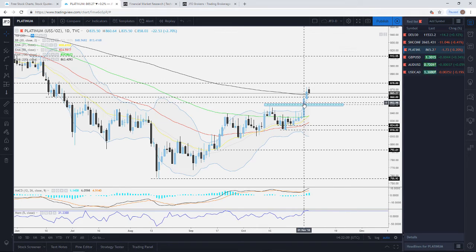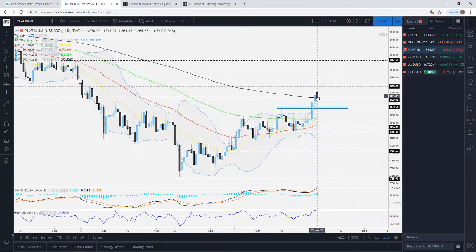So last week on Thursday we had this nice pop here, and then on Friday, looking at this daily chart, we can see that it moved higher. It closed above the 200 EMA. Today, even though we had a bit of retracement back to the downside, it still wasn't able to drop below the 200 EMA. Of course, that's yet, because we still might get a surprise here, and if we do, still not all is lost for the